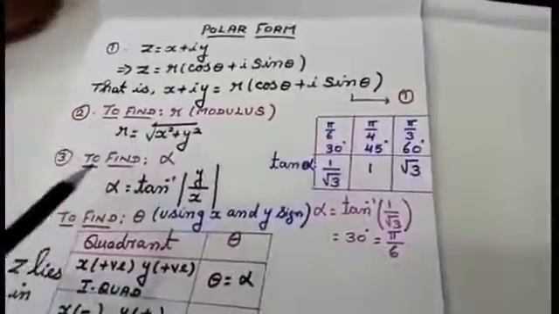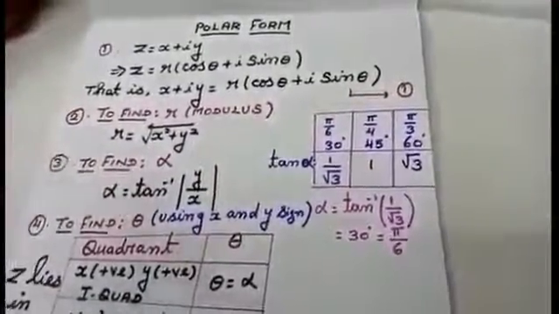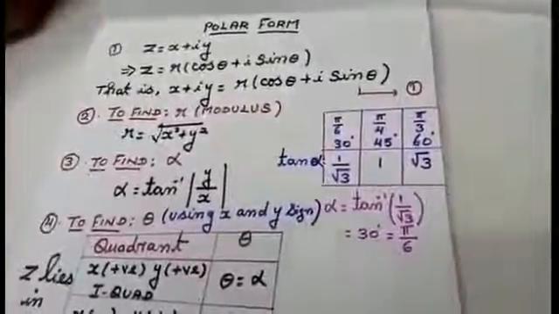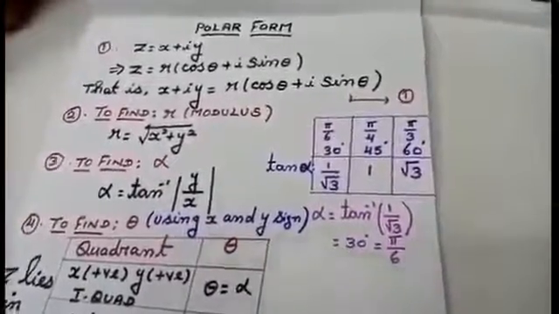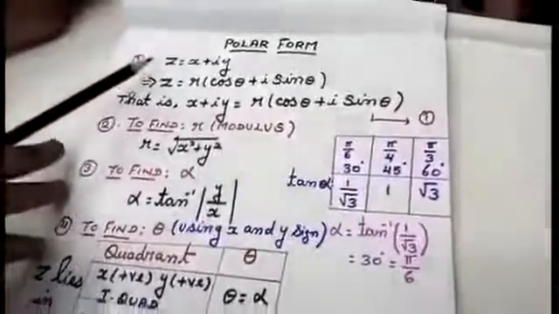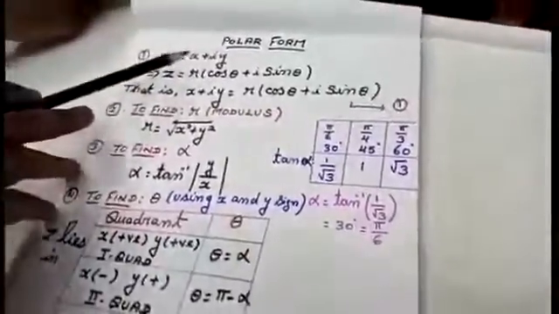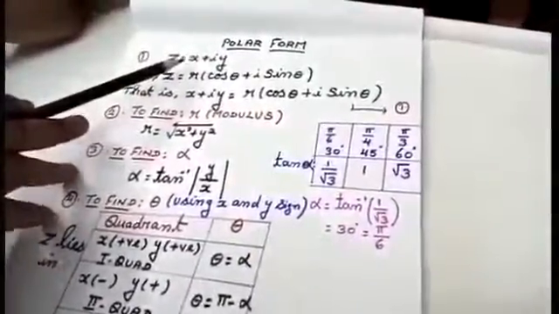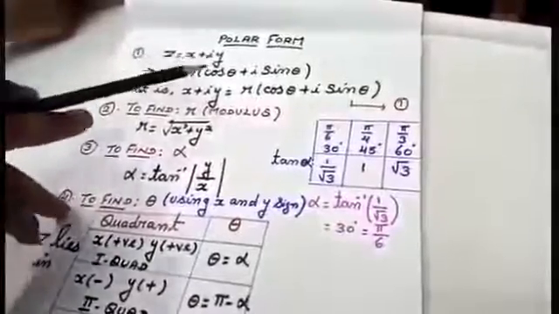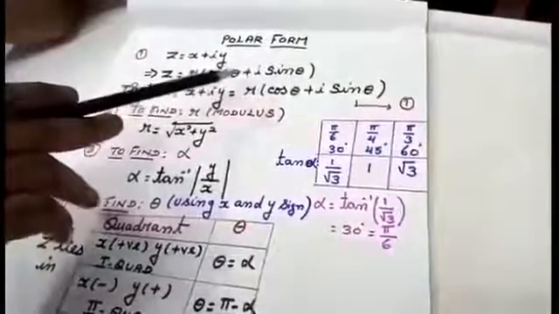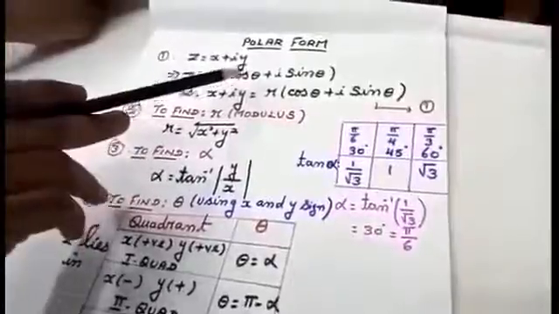Students, before starting with exercise 2.7 first sum, we are going to see how to convert a complex number into polar form. To convert a given complex number into polar form, we are going to use a total of 6 steps here. For your understanding, I have written it like this, students. First, I am going to take a question, that is z equal to x plus iy. What is the meaning of polar form? z equal to r cos theta plus i sin theta, and that is the definition given for polar form.